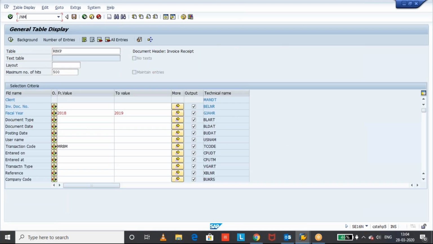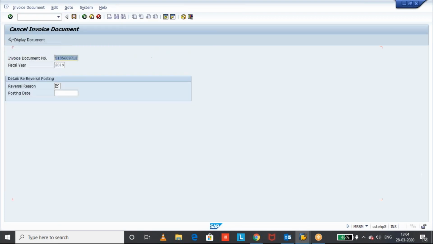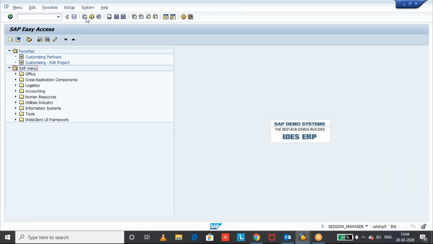Okay, this is how we can get the invoice receipt documents which are related to cancelled invoice documents, or whether it is related to ERS, or whether it is related to manual creation. These details can be seen in the table RBKP, and by passing the data as shown, we can get the list of invoices. This can be used when you want to take a report, or else if you want to use any custom program, you want to use this logic, then you can utilize that.